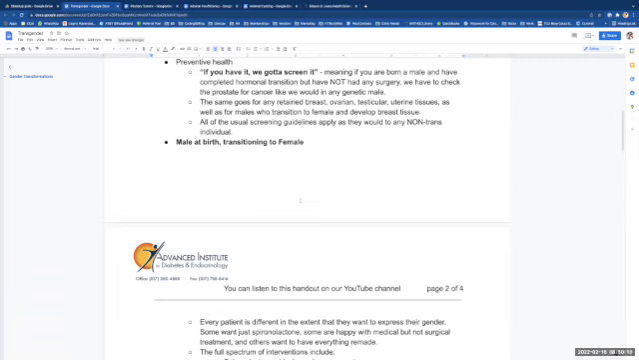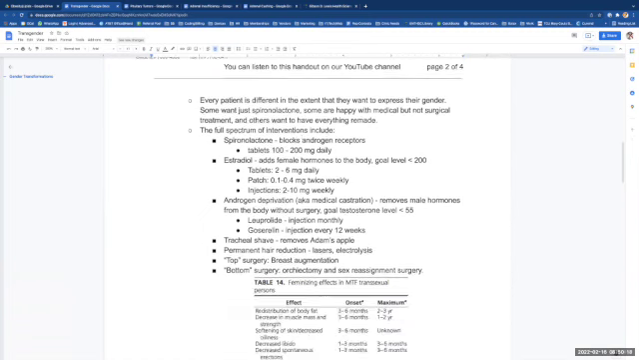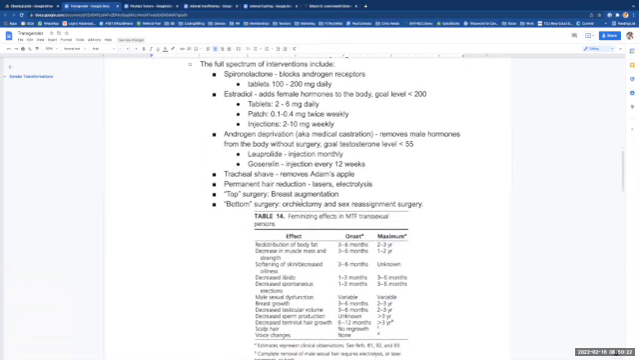For males at birth transitioning to female, every patient is different in the extent that they want to express gender. Some just want spironolactone, some are happy with medical but not surgical treatment, and others want to have everything remade. The full spectrum of interventions includes spironolactone to block androgen receptors, taken in tablet form 100 to 200 milligrams per day,